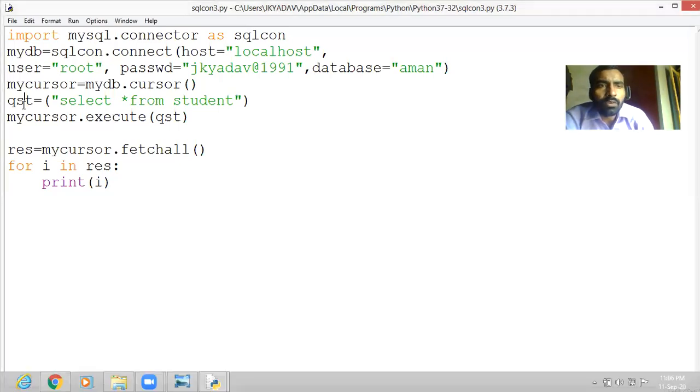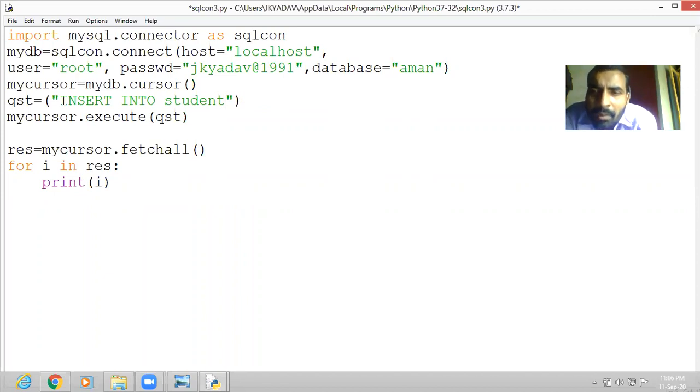So what we do, we write qst equal to select. Instead of select, we write insert into the name of table student. Sir, insert should be, meaning the whole word should be in capital letter.